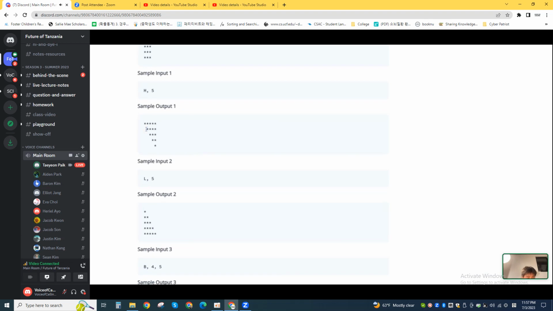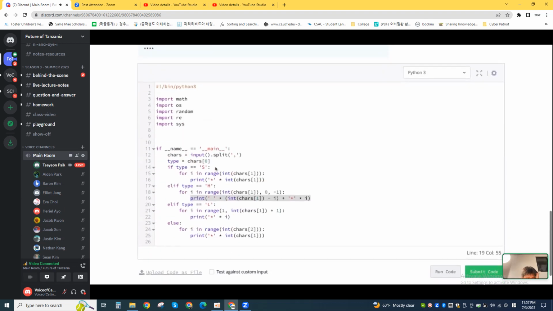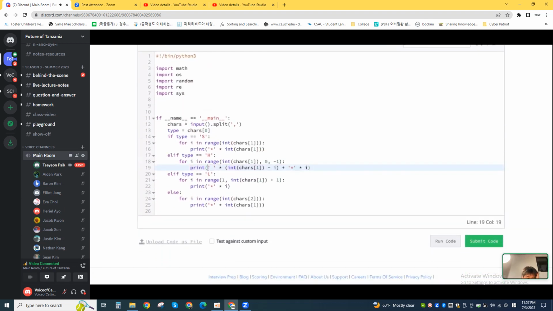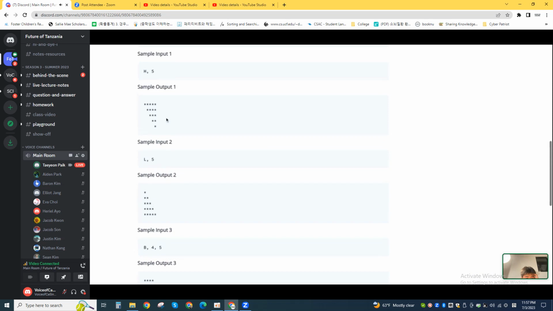We also need to print the space before the stars, because if we don't, we're actually going to get a different figure. So we need to print the space. And the way we calculate the number of spaces before the stars is we subtract the length, which is just 5, right,